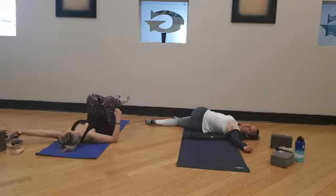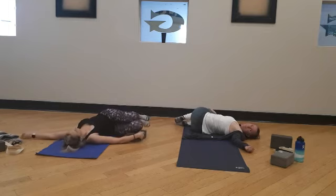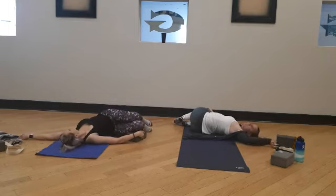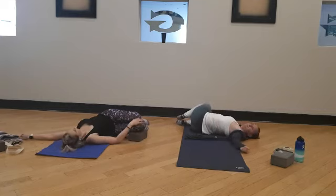Allowing the arm to feel heavy, the chest to feel heavy. If your knees are feeling restricted, you can place a block between your knees. If the hips are feeling tight,